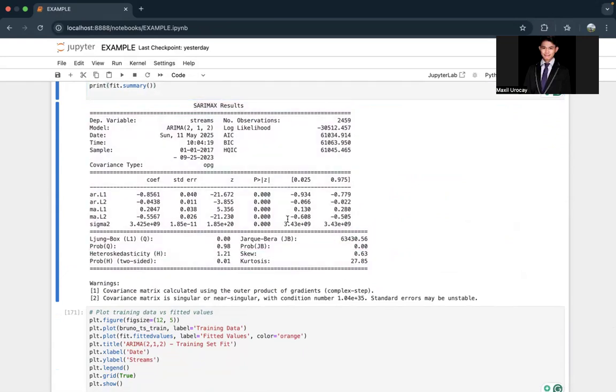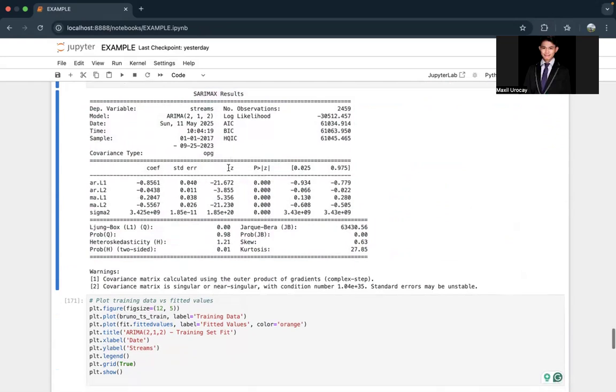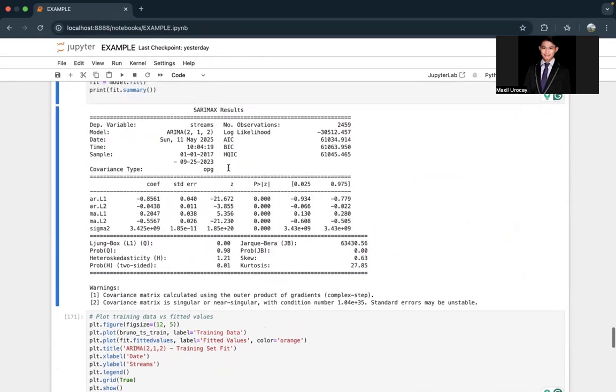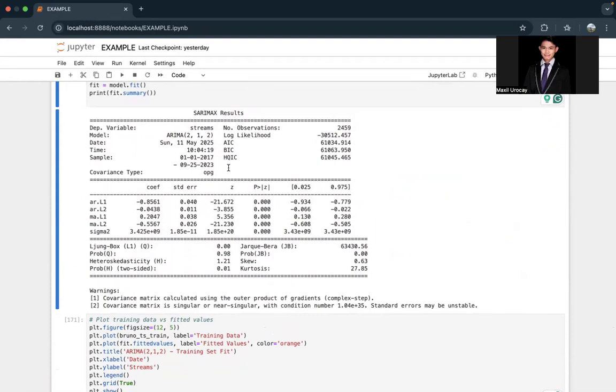We're able to check everything from the number of observations to the log likelihood. There is a meaning behind that, but I will not discuss it one by one. This result is just an example.